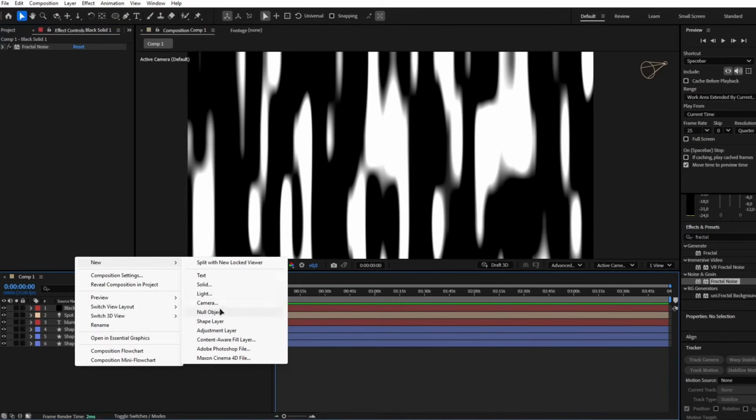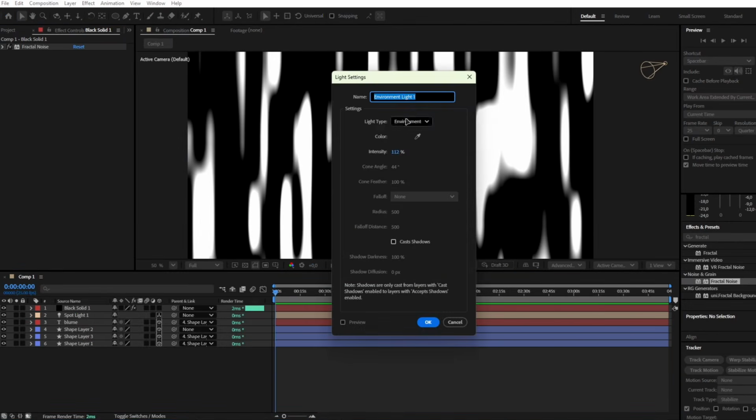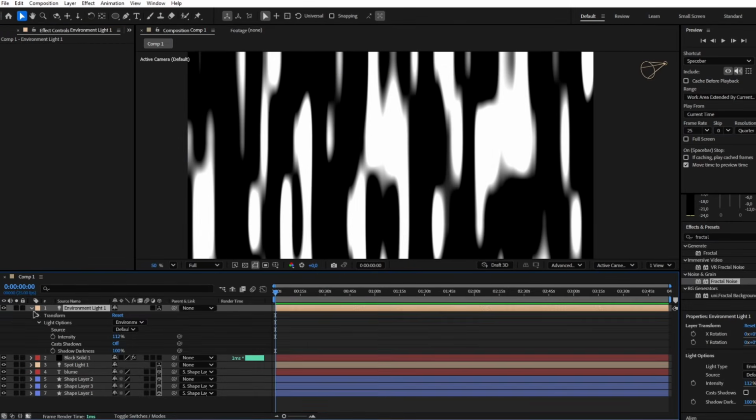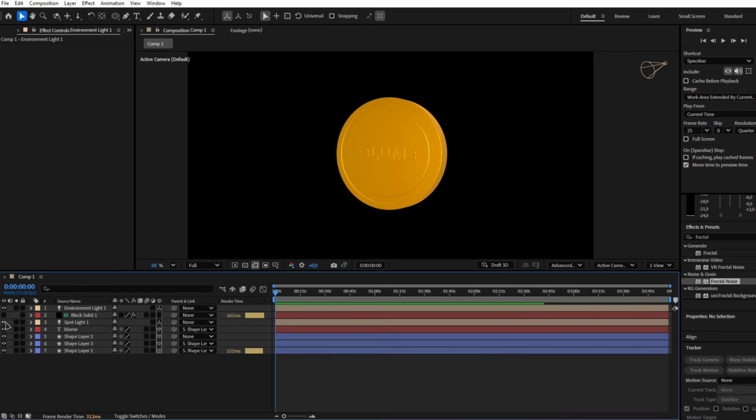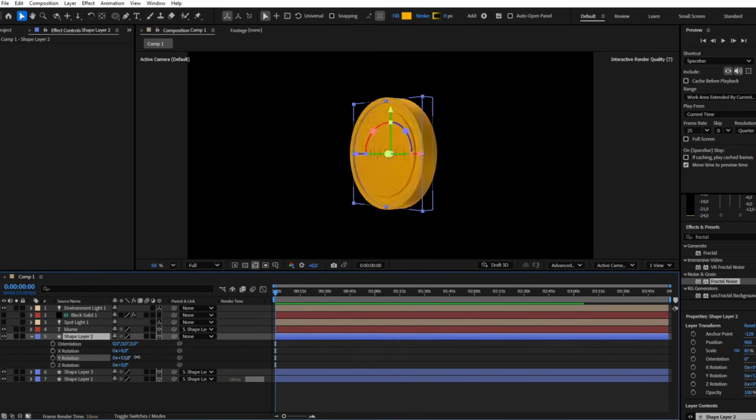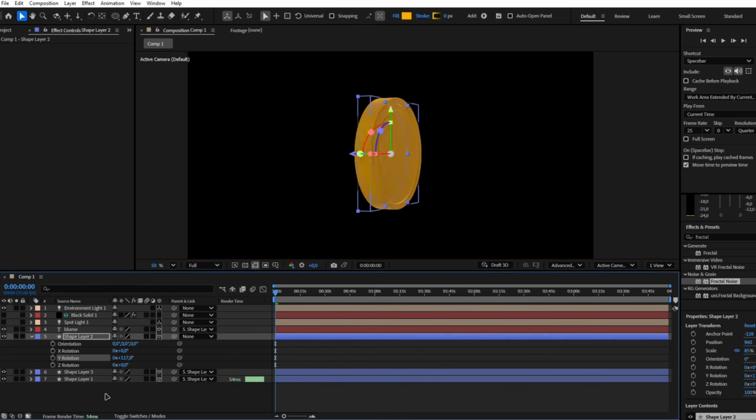Then create an environment light and in the light settings, choose the solid layer. The coin will now have reflections created with fractal noise.